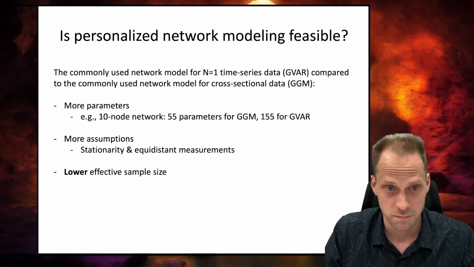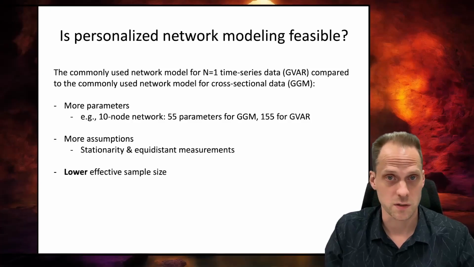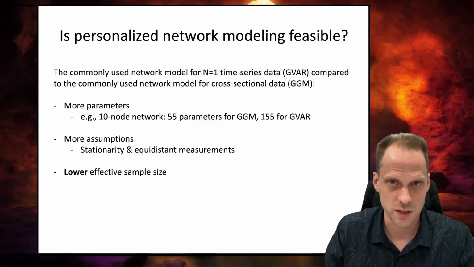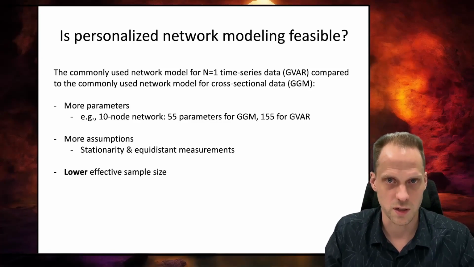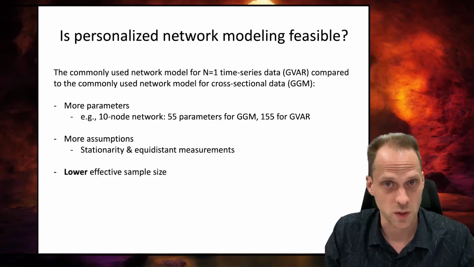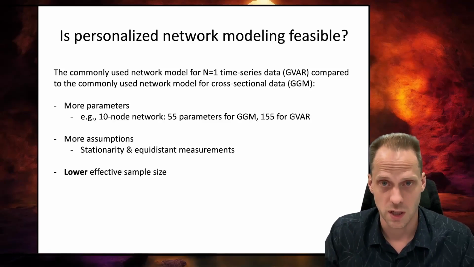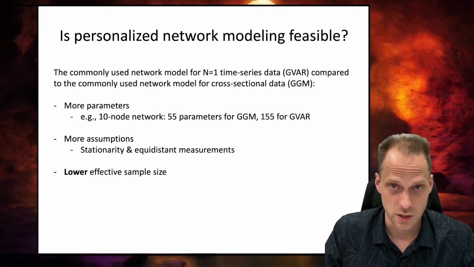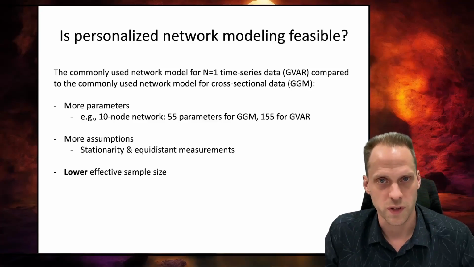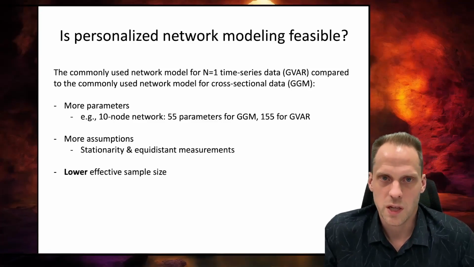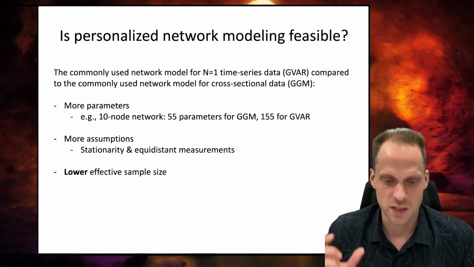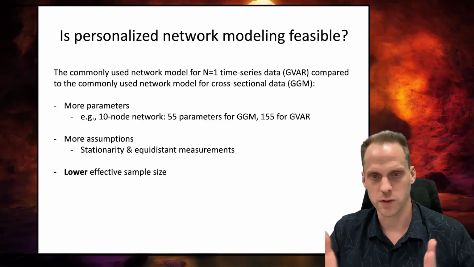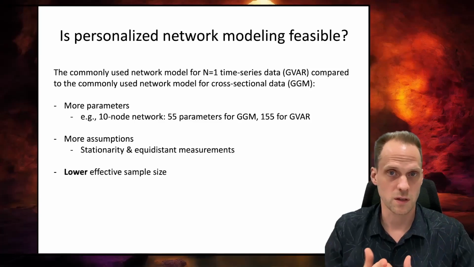And with that, I mean that in cross-sectional network studies, we see data sets of like n is 500 to n is 1000 is not uncommon. And if we run simulations, Adela added a paper on simulation studies, for example, which showed that for cross-sectional networks, you need quite a lot of observations to get really reliable results. In N=1 studies, we can't get 500 observations of a single person. We can maybe get at most 50 to 100. So we have less data to work with. And even if we can get 500 observations, then maybe we are gathering data over such a long time frame that the person is no longer stationary.